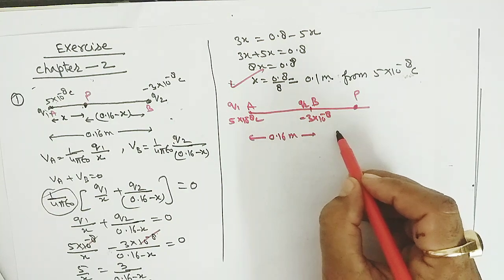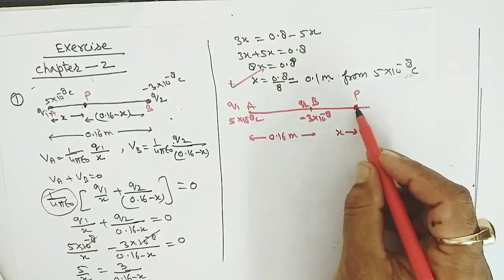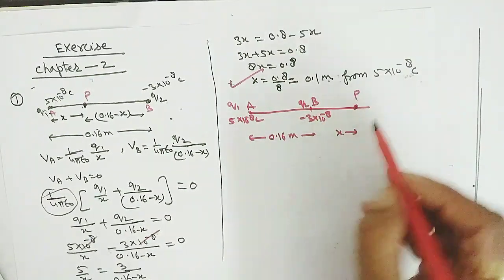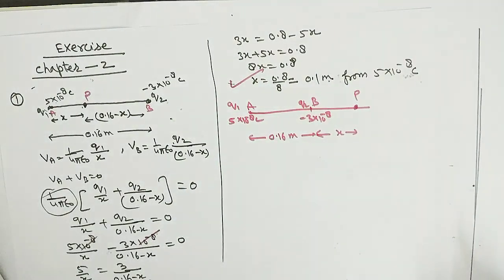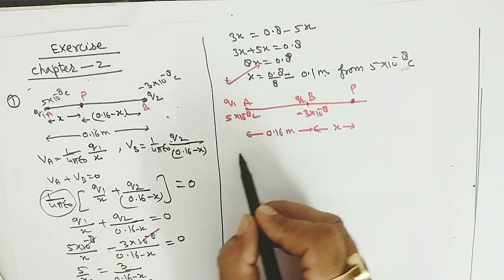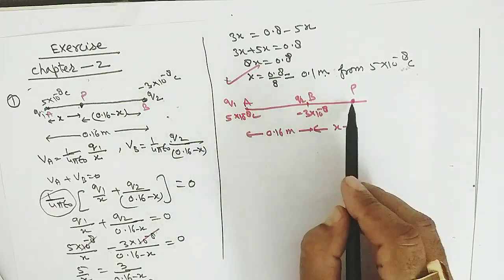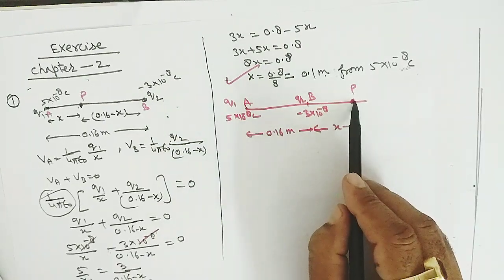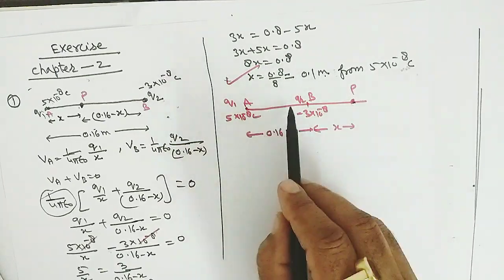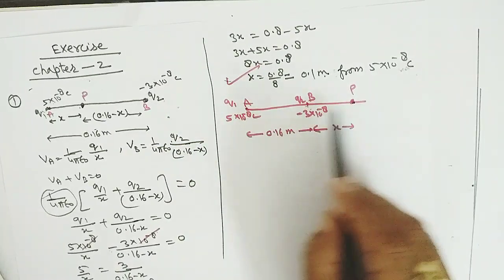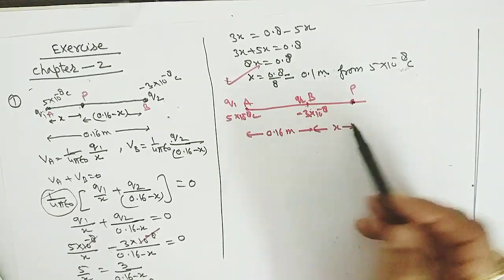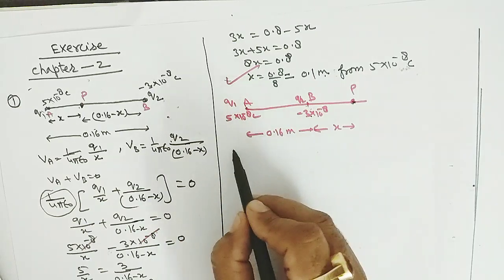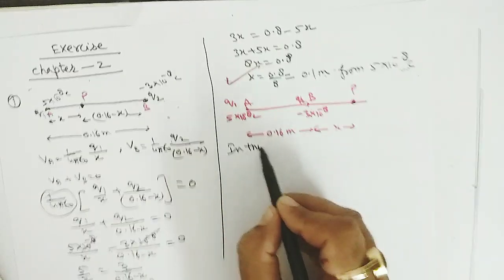Now to find the x, take the x distance of P from the B point. In the same way we can solve like this. See, at the P point, the potential due to Q1 plus the potential due to Q2 at the B point should be equal to 0. So in this case we can write,